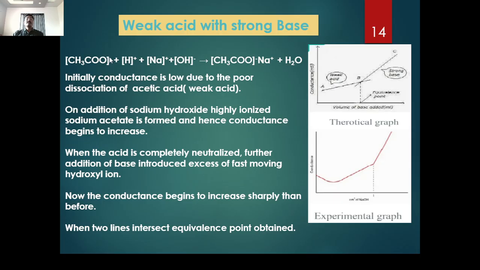Suppose we have taken acetic acid and sodium hydroxide: acetic acid is a weak acid, the electrolyte, and sodium hydroxide is a strong base, then at that time it gives the